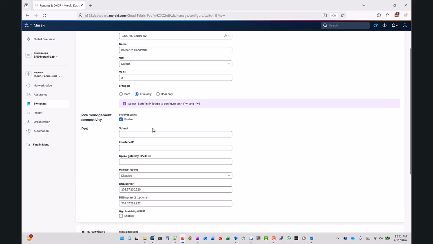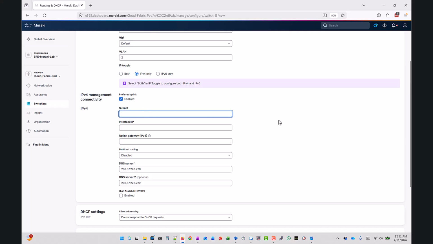Right now there are only 2 fields. When I check it, it adds in some more, including our DNS. So I'll go ahead and put in the subnet of 10.204.250.12/31. Then the interface address is the /12 interface. Next, I will fill in the gateway address, which is the .13 IP address, and that is going to the